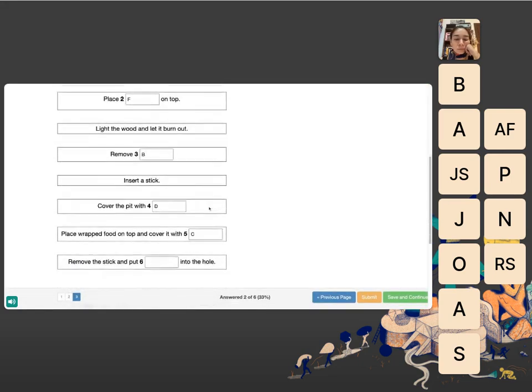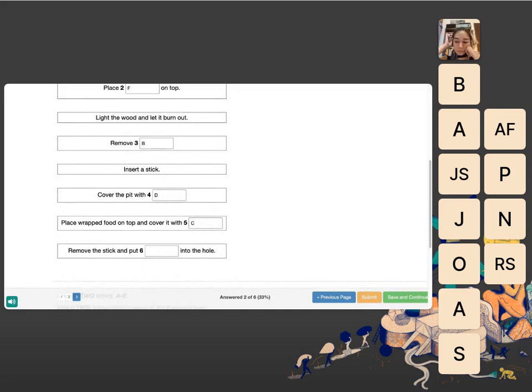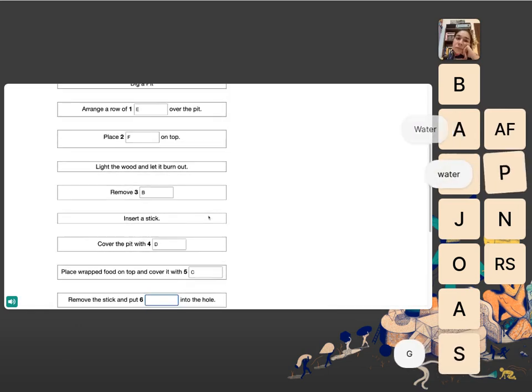Finally, cover the whole thing with earth. You have to pat it firmly to seal the pit. Then all you have to do is take the stick out and pour a bit of water into the opening that it leaves. It should take about